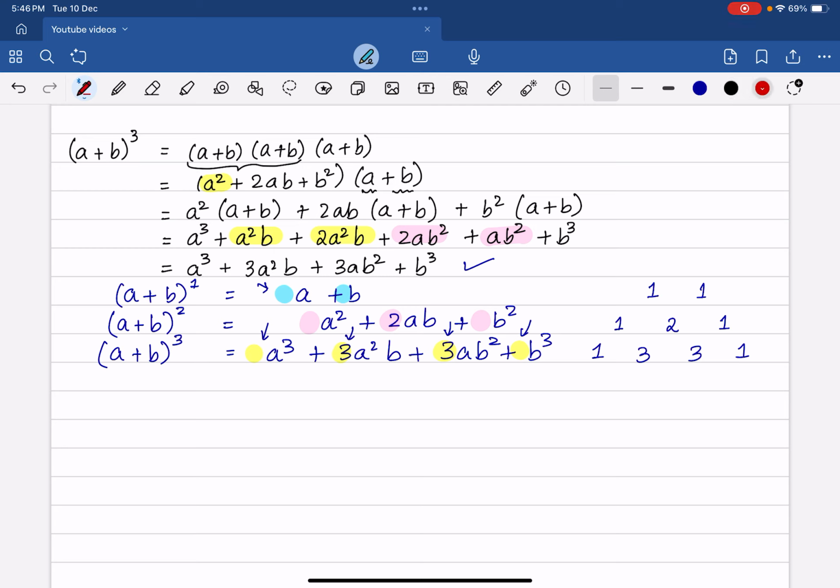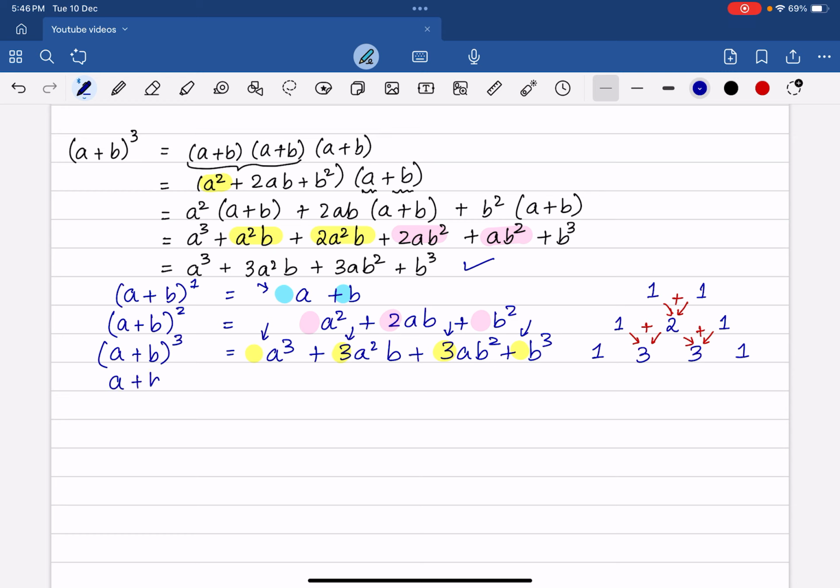So addition of these two gives me 2 over here, addition of these two gives me 3 over here, addition of these two gives me 3 over here, correct? Which means this is kind of forming a pattern,